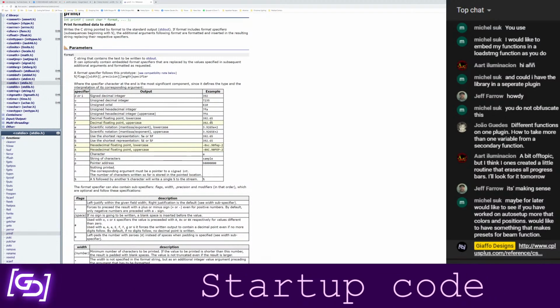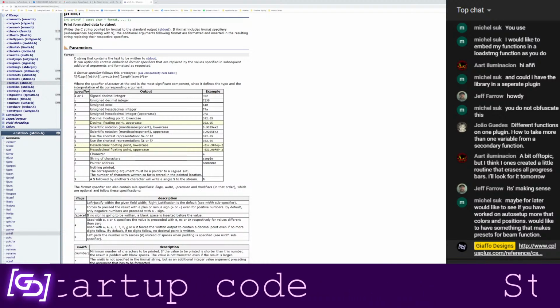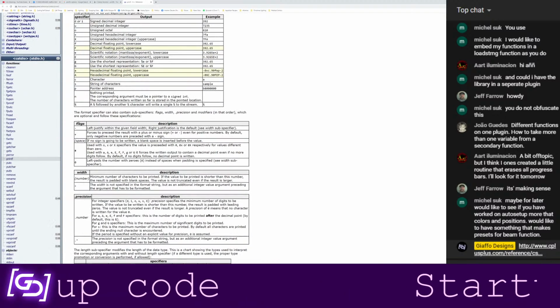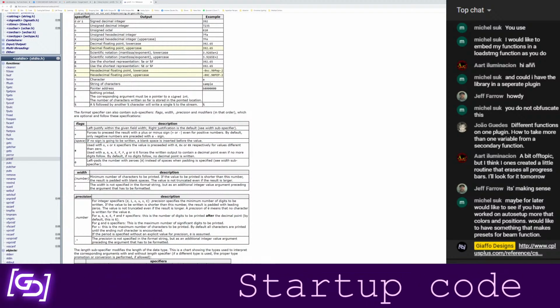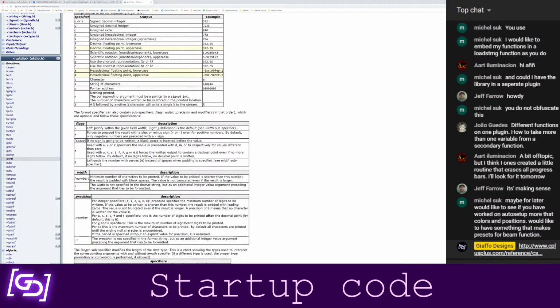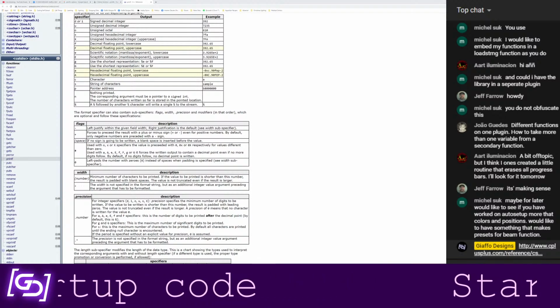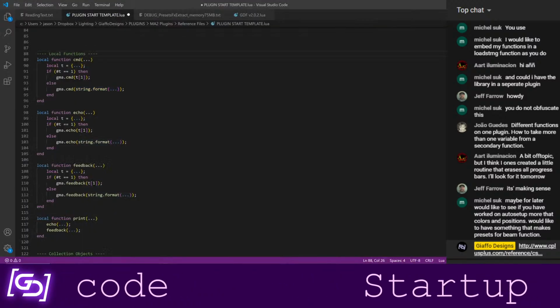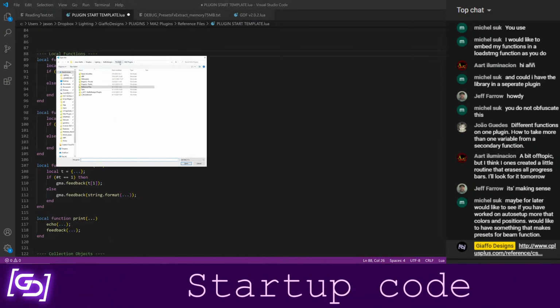It's definitely something that requires a lot of experimentation to get a grasp on. It allows you to put all these identifiers, and you can get really detailed with it. But basically, it allows you to put placeholders in a string that you can then substitute values into. So let me pull up an actual plugin of mine to show you what that even means.